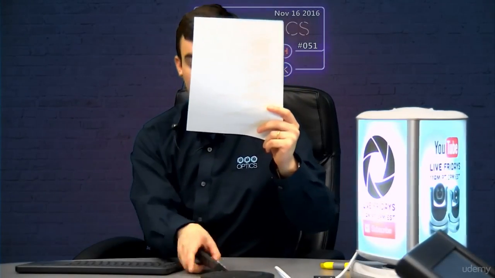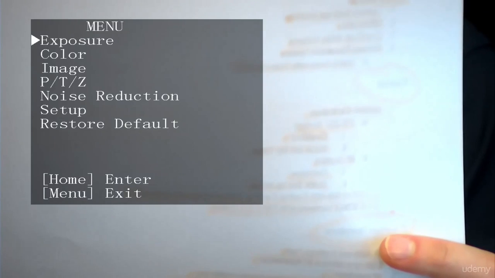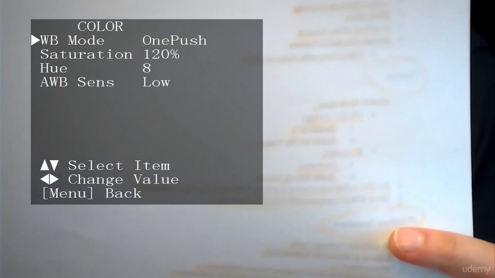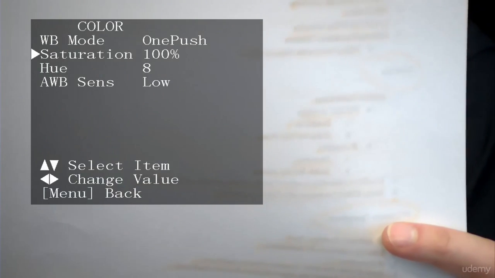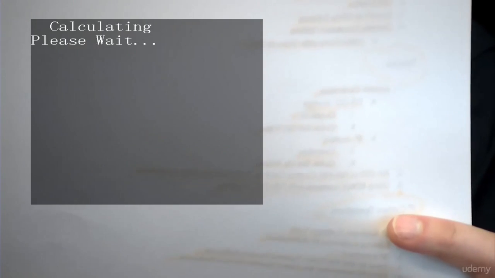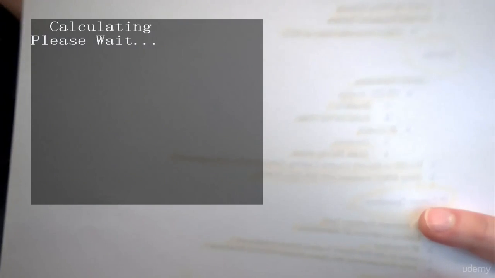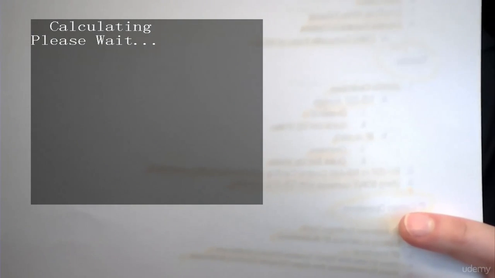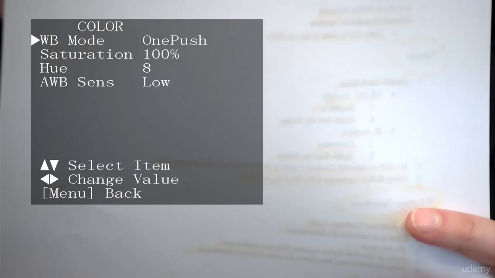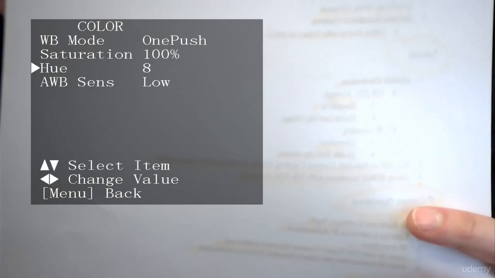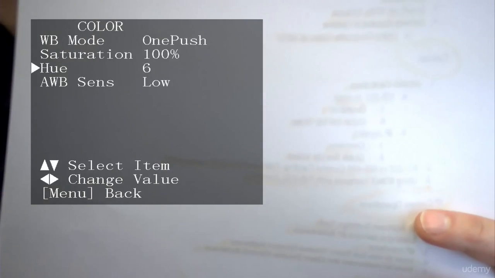So what you want to do is hold up a white sheet of paper. And this sheet of paper is fairly white, right? So we go in here, we go to color, and we hit one push. Oh, that's what's wrong. My saturation's too high. Somebody messed with the color settings in my camera. And we hit calculate. And now it says okay. So what's been done there is a one push auto setting. I think somebody made my hue too high too. I have to zoom out to really make sure that's right, but